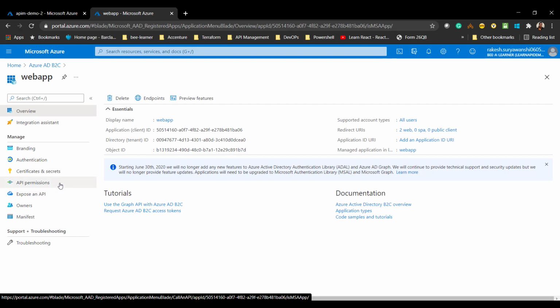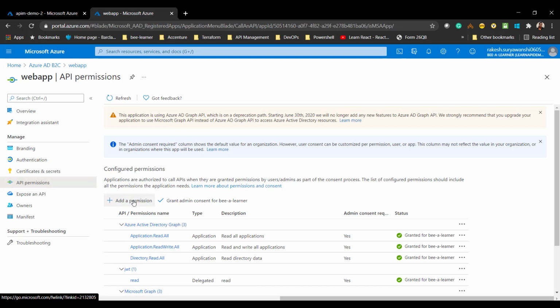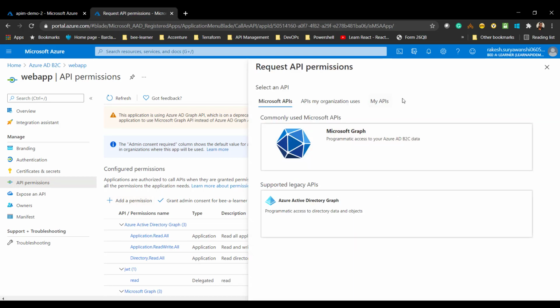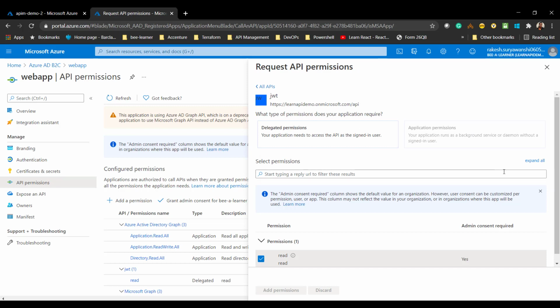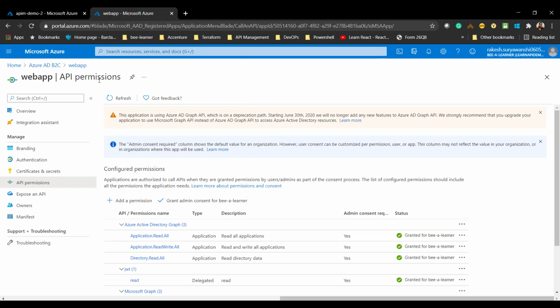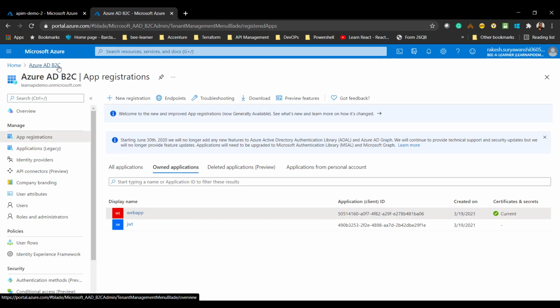So go to the main app registration, API permissions, add permissions, My APIs, and you'll find the JWT application you created. Select the permission you have chosen. Once you do that, you should be able to use this web app to generate the JWT token.